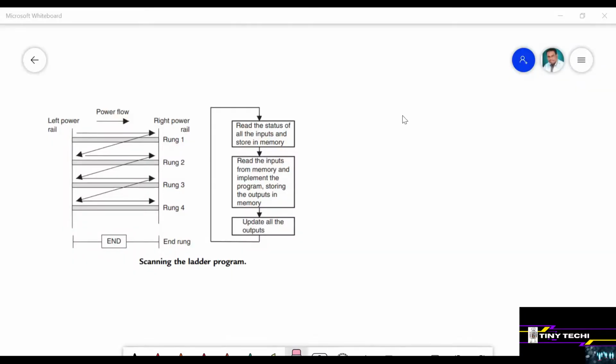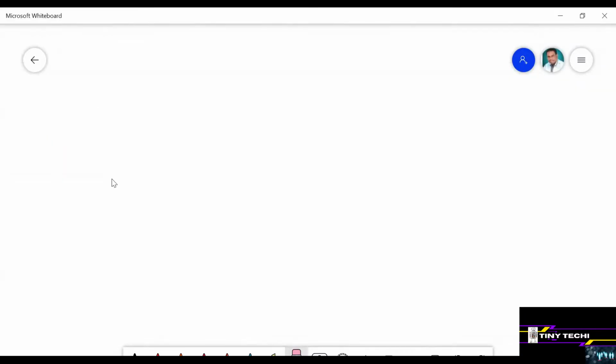Programming language of PLC. Before going to that discussion about what types of programming languages are available, we should know about that standard one. That standard name is IEC 61131-3. This is a standard we should know about before discussing the programming languages available for implementation of programs in PLC, the programming language for industrial automation.